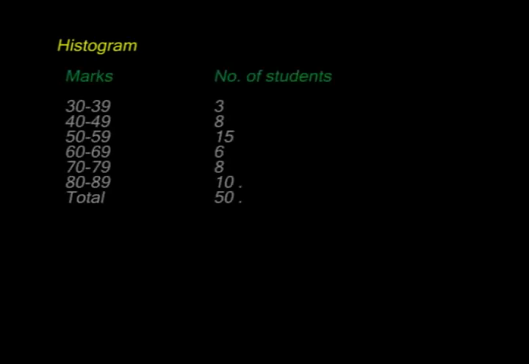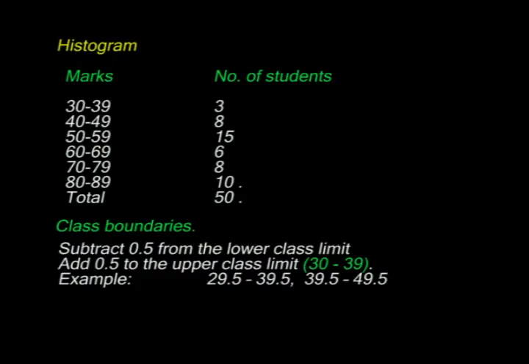The next method of data presentation is use of what is called a histogram. Now look at this group data on your screen on this frequency table. It shows the number of students scoring the respective marks. It is group data. Now I want to introduce something called class boundaries, and literally speaking, to get a class boundary, we take the lower limit in a class and subtract 0.5. For the upper limit we add 0.5.